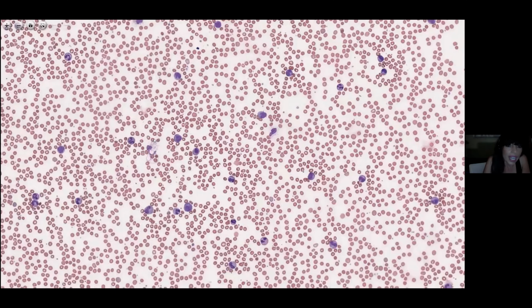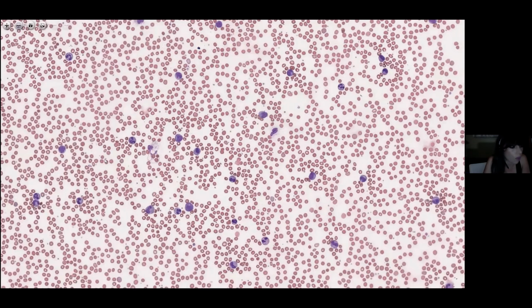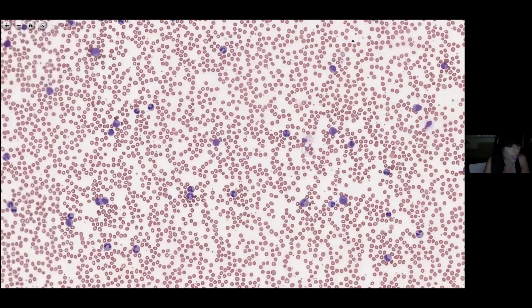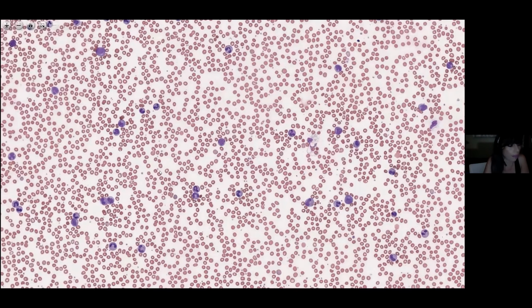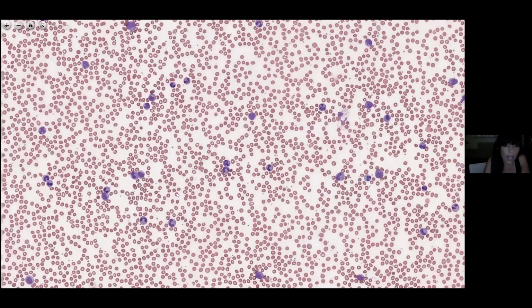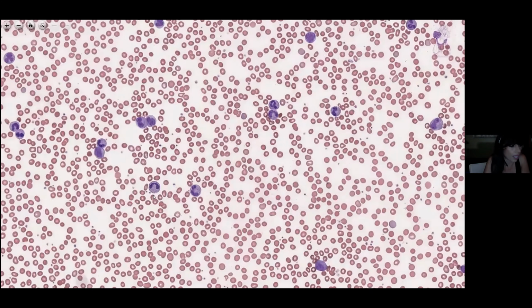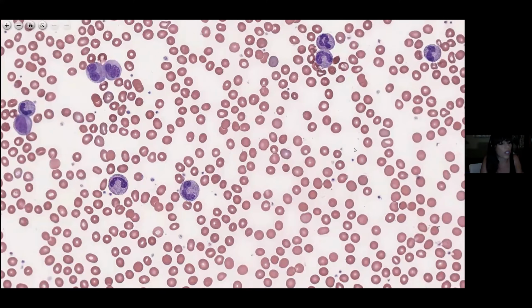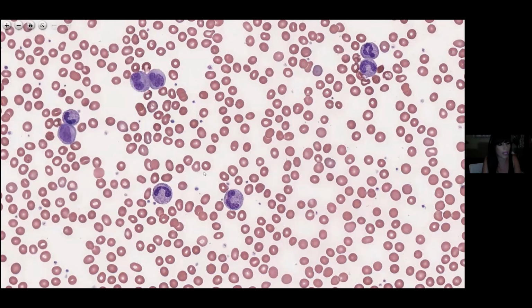So once I get an idea of the slide quality and I know which cell line is causing the leukocytosis, I will usually look at the RBC and the platelets after that. And by slide quality, I mean the color and the distribution of the cells. You want to always check the feathered edges and the lateral edges to make sure that the cells are not all pushed off to the sides or to the end of the smear, which can be termed as a snowplow